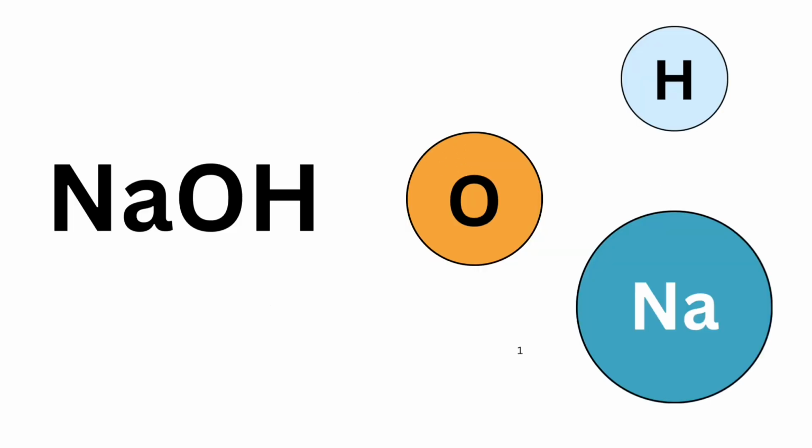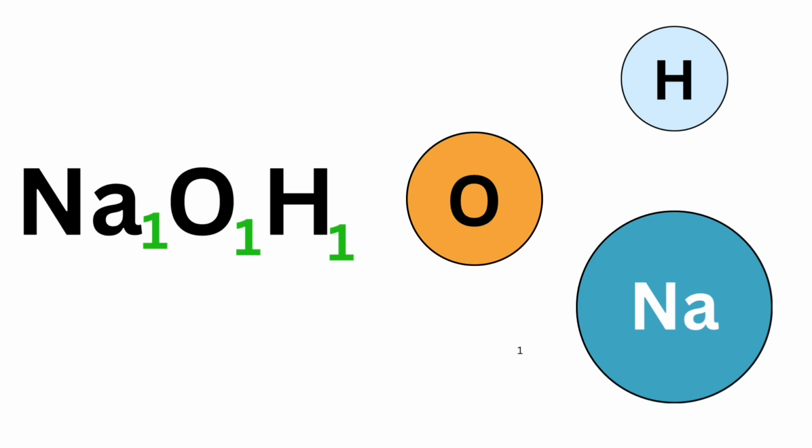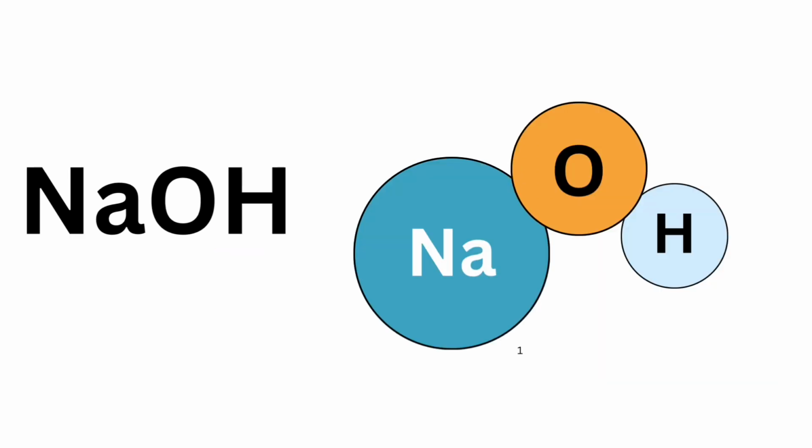NaOH is the formula of sodium hydroxide. Remember, when there are no little numbers after the elements, you've just got to pretend there's a little 1 after each one. So this means one molecule of sodium hydroxide contains 1 sodium atom, 1 oxygen atom, and 1 hydrogen